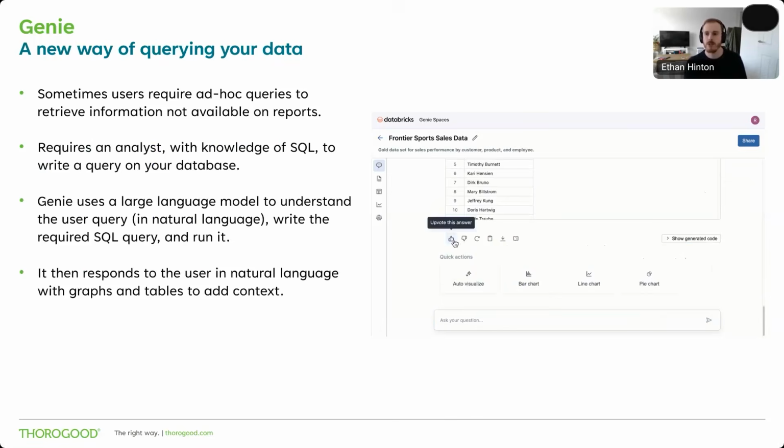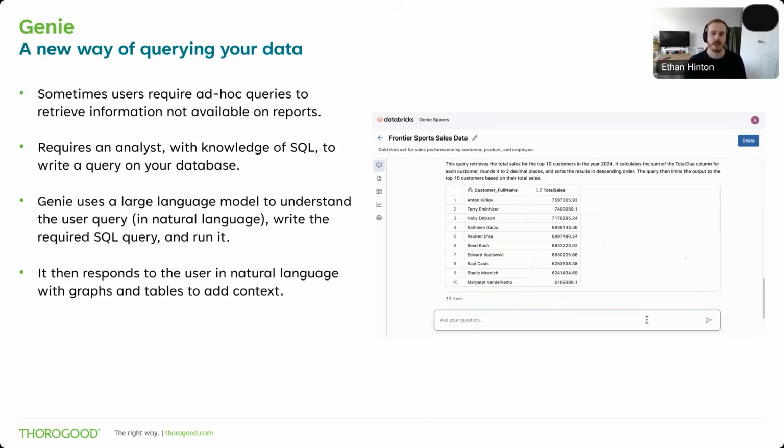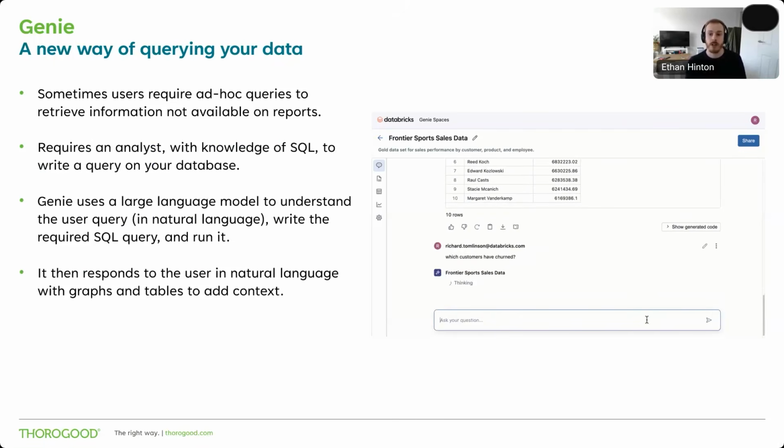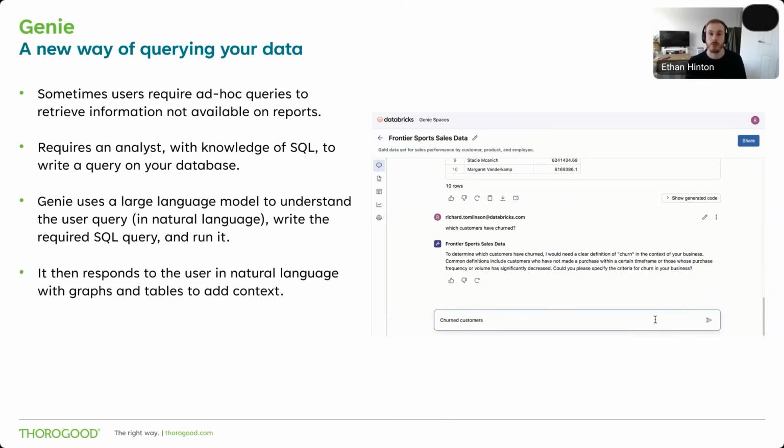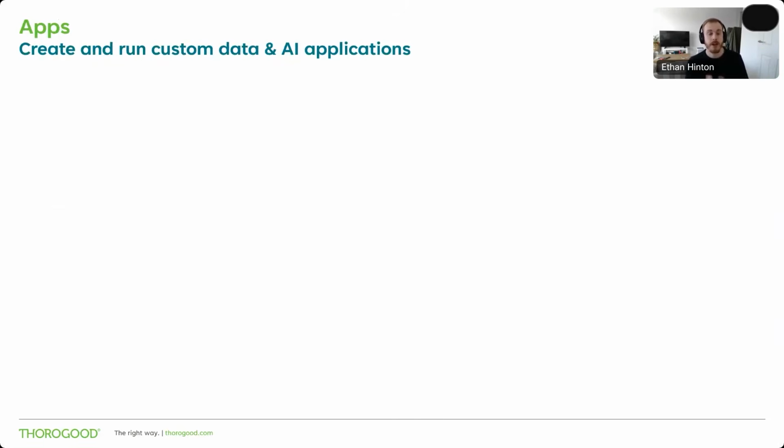Databricks Genie aims to cut out the middleman in this situation, using an AI model combined with Unity Catalog metadata to enable users to ask questions of the data in natural language and receive responses in natural language, tables, and custom visuals. Now, the final Databricks feature I want to run through with you before we go to a demo